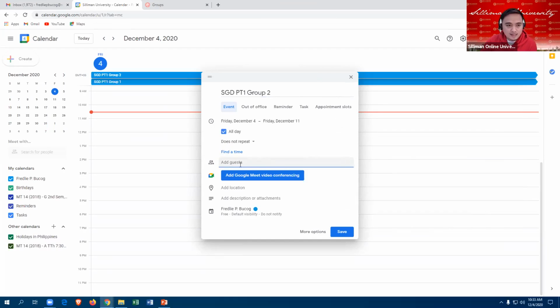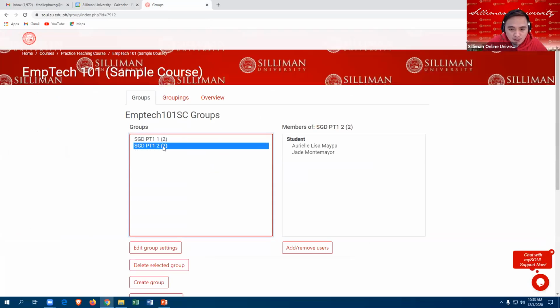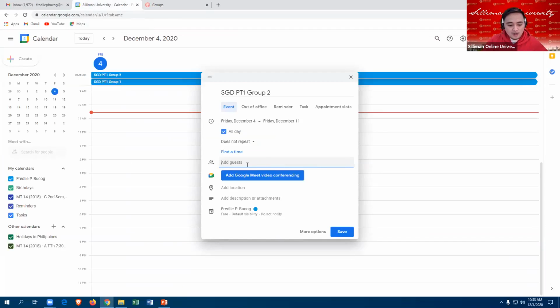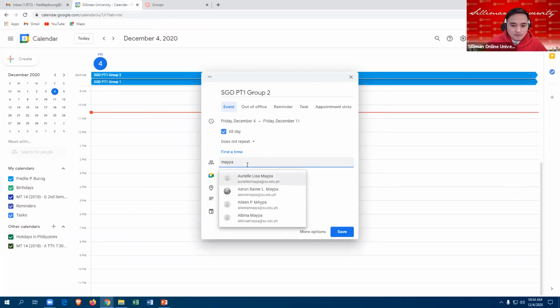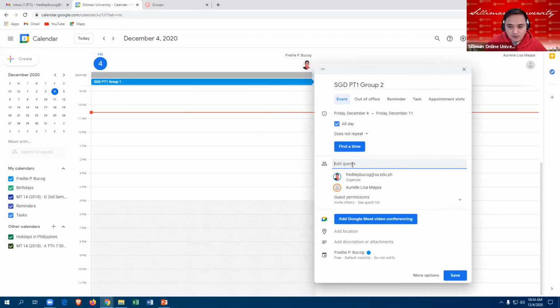And then the guests. So this is good only for this particular day. And then specify the group members for group 2. We have 2 members. So you should know the name or the email address of group 2.